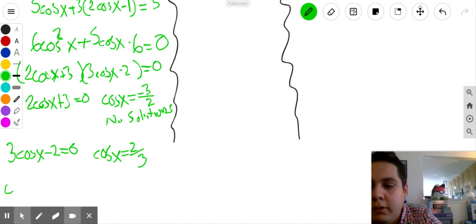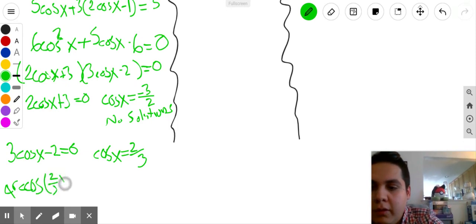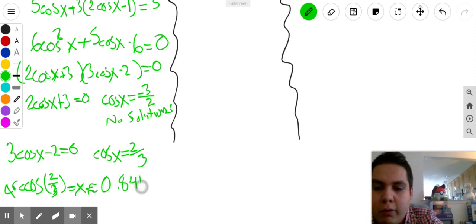Arc cosine of 2/3 should equal x, which means that x should equal about 0.8411,